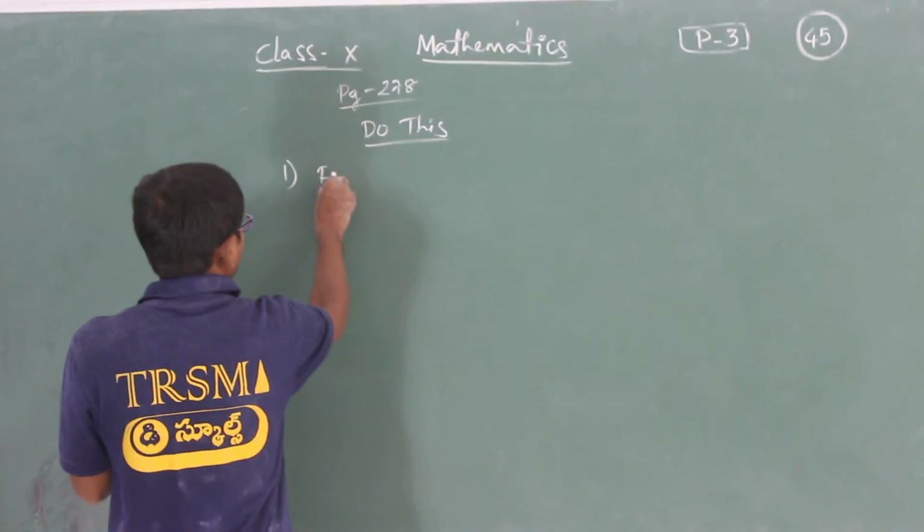So what he said, find first one sin C, second one cos C, and third one we need to find tan C, students. Okay, first we need to find sin C, cos C and tan C in an adjacent triangle. So here we have triangle which is a right angled triangle. Okay, so here we have triangle.